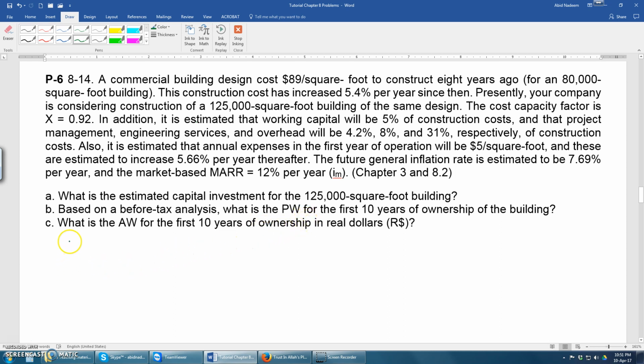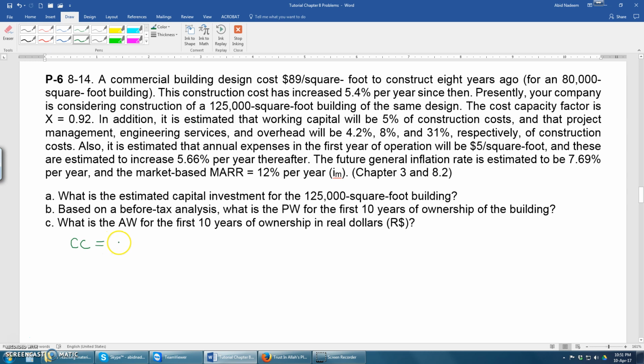So there are many things in this question. First of all, we can see that there is an older, smaller building, and now we are constructing a building with a larger area. So using the cost capacity factor and the cost indexing method, you can find the cost of construction. The construction cost, just represented by CC,